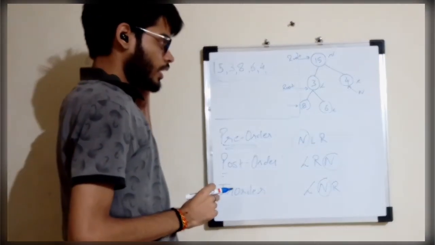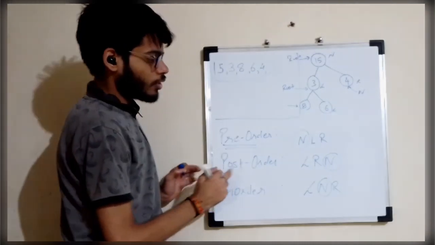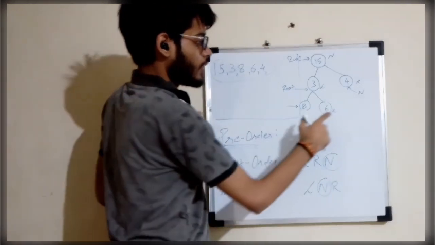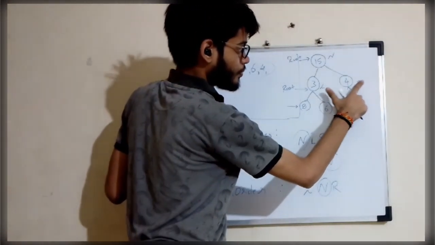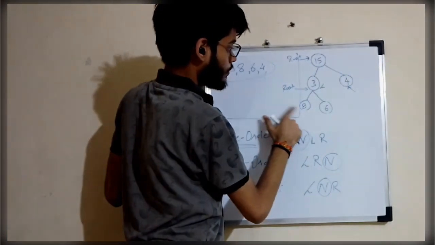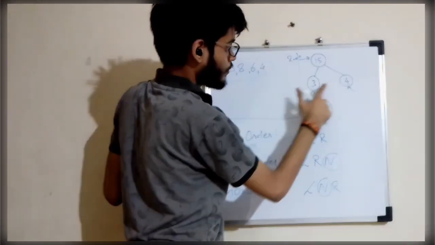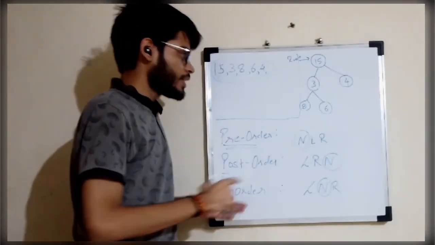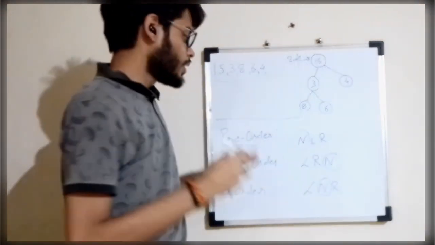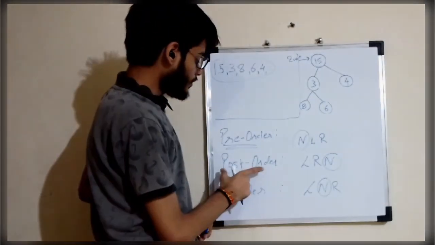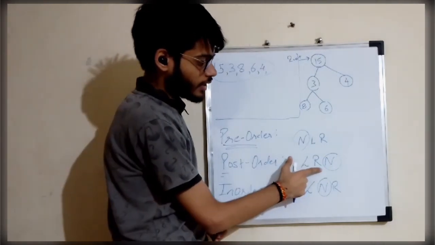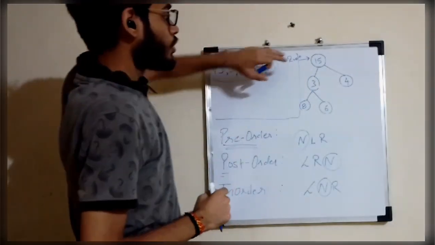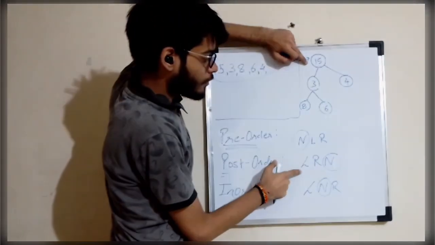Okay, let's have a look at the post-order traversal, how we can perform it on this tree. So let me erase all these. Okay, so this is a tree. Now we will be traversing this tree on the basis of a post-order traversal. In the post-order traversal we have the node at the last: first left, then right, and then node. Let's start. We start from the root, and from this root we have to go to the left first.